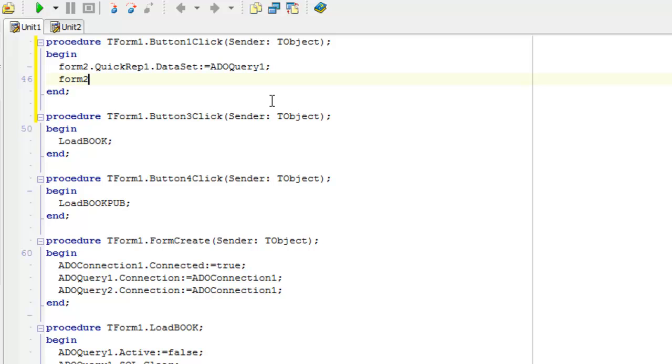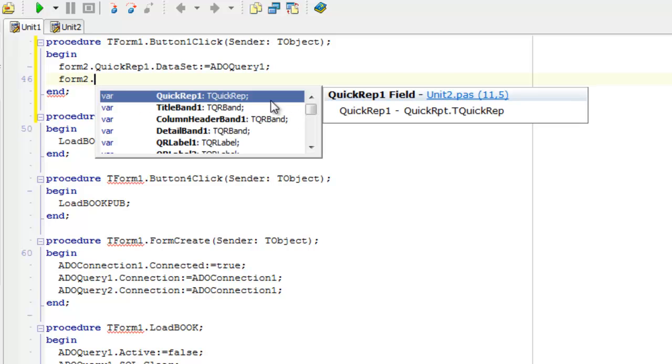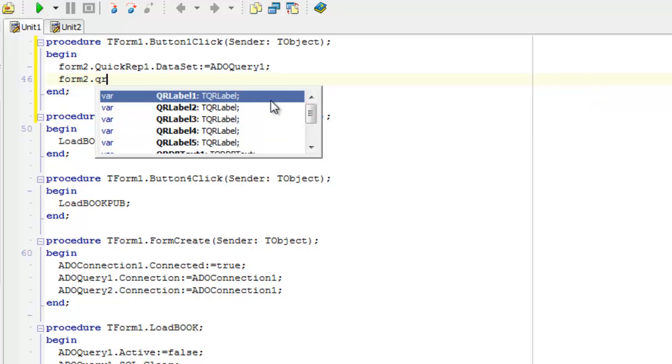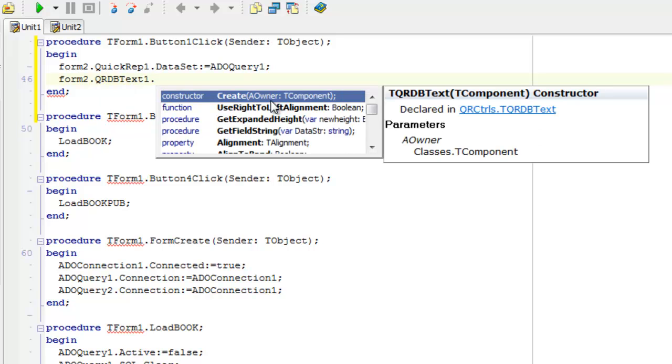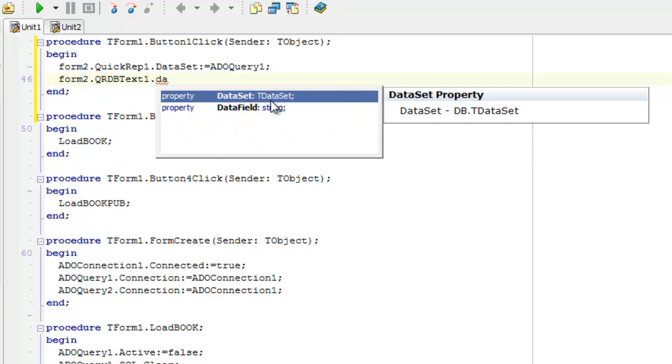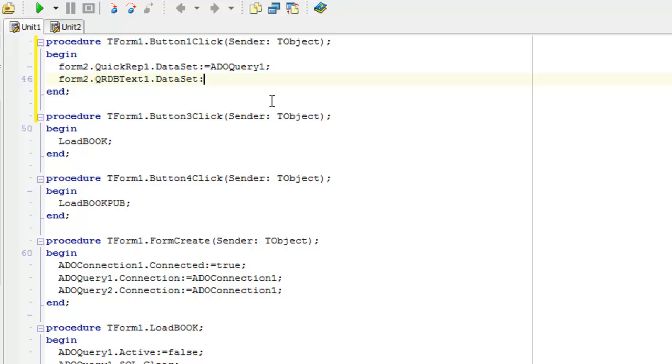Then Form2 dot, let's assign the QRDBText dot, QRDBText1 dot dataset, it will also be ADOQuery1.